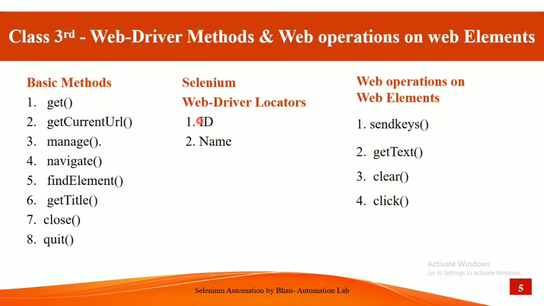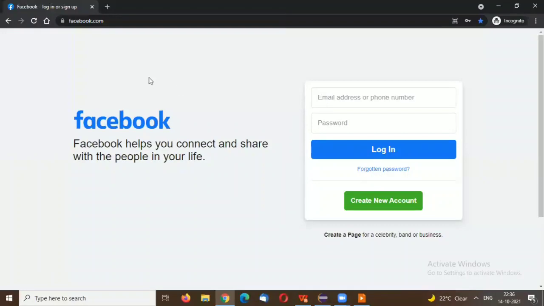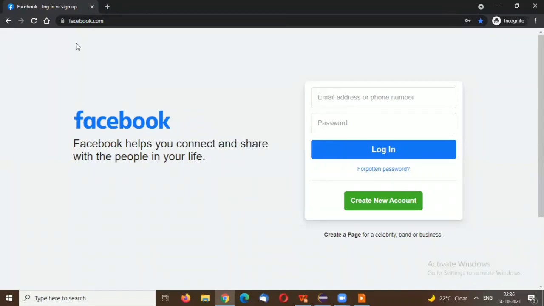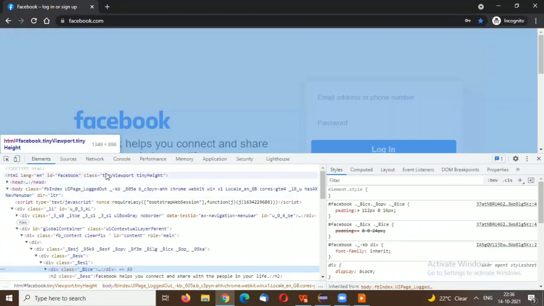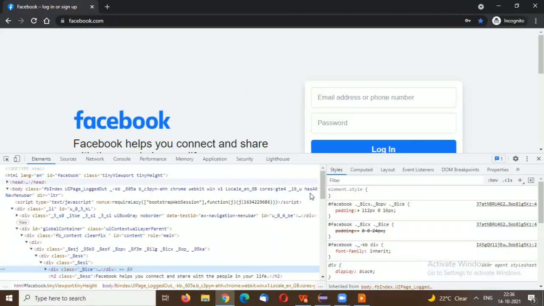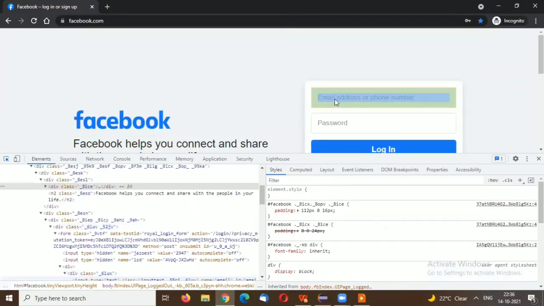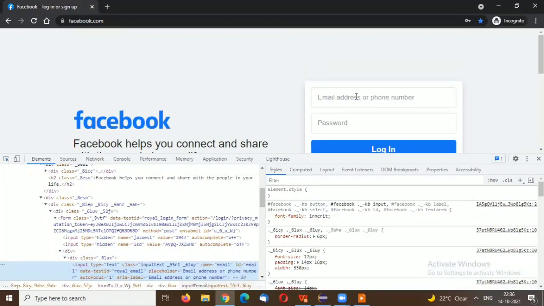First of all, we will see how to use the WebDriver locator By ID. So how to find the locator? Just right click on the web browser, where facebook.com is open. There are multiple ways to find XPath and web locators like ID and class name. First, we inspect through this arrow whichever element we want to inspect, like this email ID or password text box.